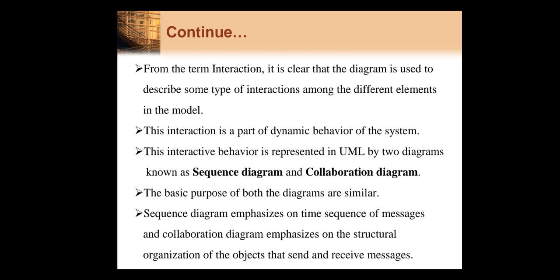As I have said, the interaction between the objects is represented with two interaction diagrams. One is a sequence diagram and the other is a collaboration diagram. The collaboration diagram is also called a communication diagram. The basic purpose of both diagrams is similar, but the behavior is different. That means, what is their purpose? To show the interaction between the objects, but the way of showing this interaction is different